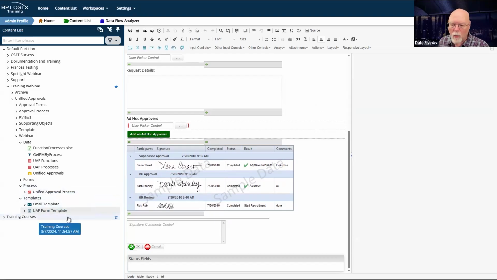We're good there. At this point, we can begin testing to be sure that our template works with our process as it is currently configured. Once we do that and we do a little testing, then we'll be able to go through and use this template to begin building the actual forms that users will submit. So far, all we're doing is building our basic template. This is going to be the basic building block that we're going to use for all of the forms that we're going to need to create.